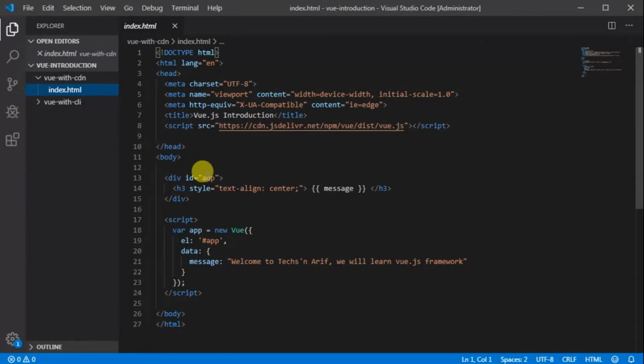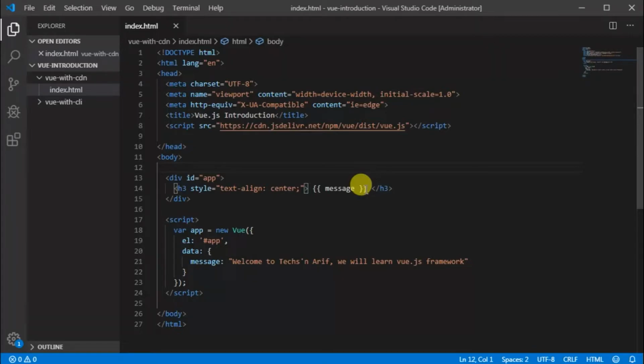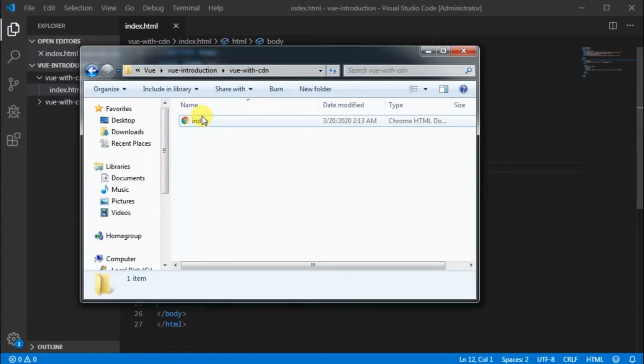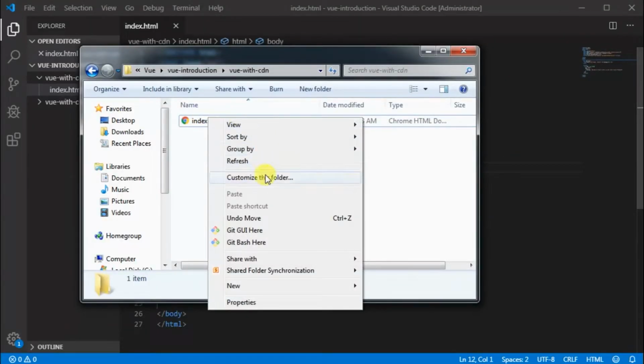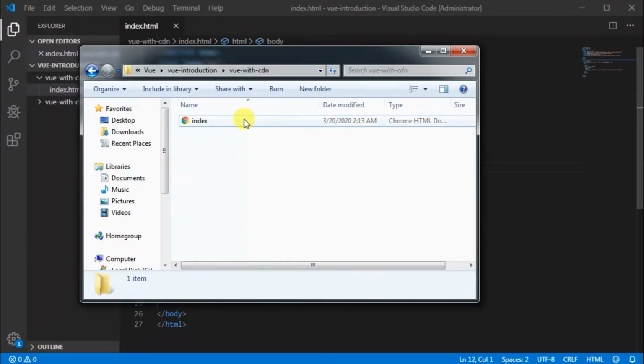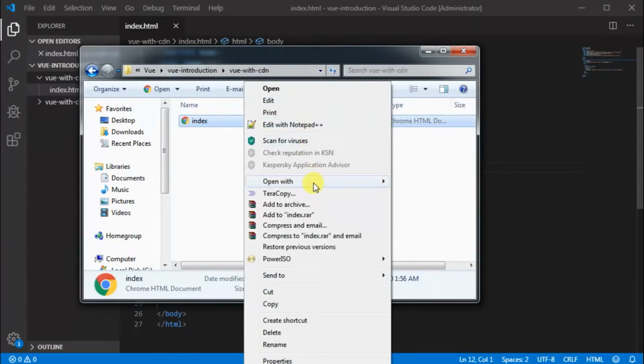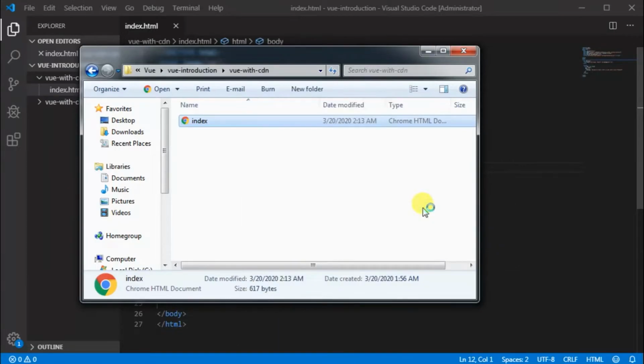So based on this property, the value of the message will be replaced here. Let's open this index.html in the browser and see it in action. File is loading in the browser. Yes, here is the text which was mentioned in the message property.